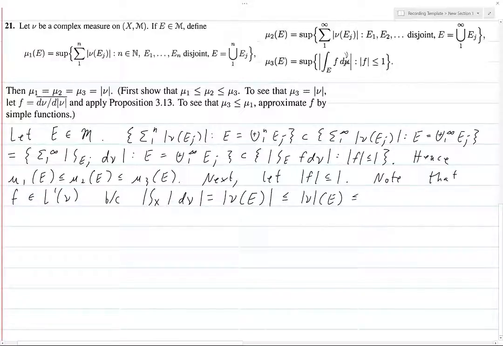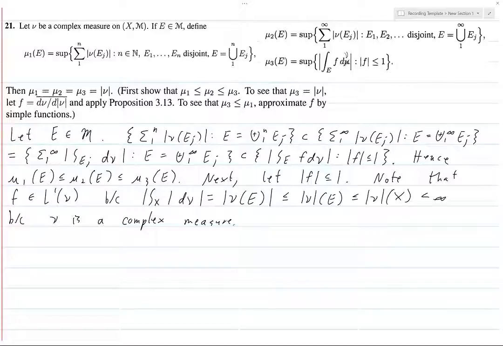But then this is going to be less than or equal to the total variation of nu evaluated on the whole space, but that has to be finite because nu is a complex measure. That's one of the things that makes complex measures really nice to work with, is that they're always finite. And we're going to exploit this a lot, so it's worth noting here, and we're going to use this throughout the exercise. So now,